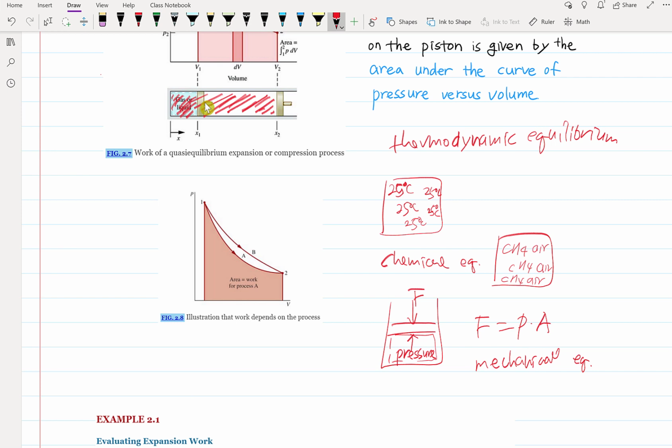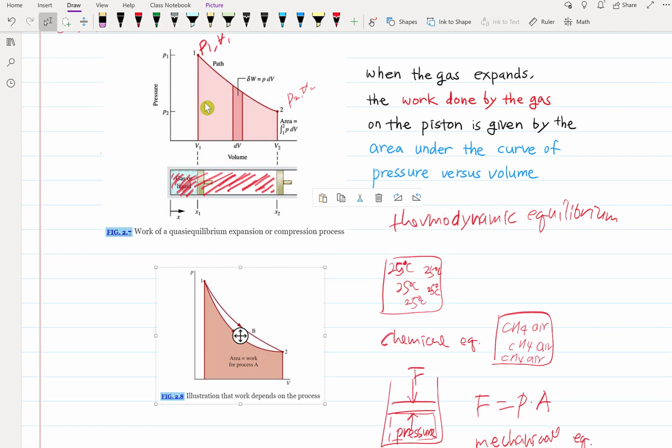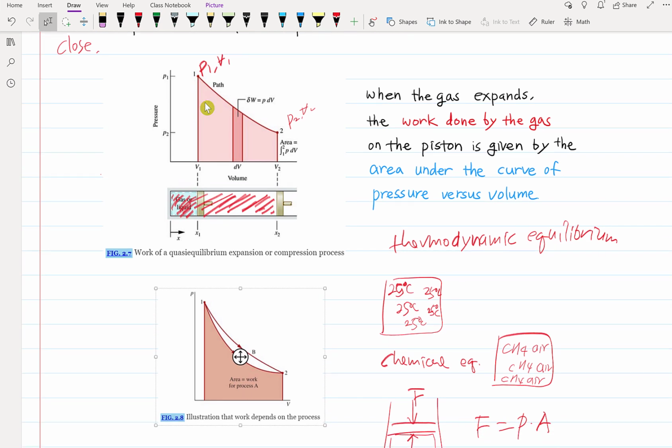So when it refers to thermodynamic equilibrium, it means thermal equilibrium, mechanical equilibrium, and chemical equilibrium. So going back to the PV diagram, a quasi-equilibrium process describes a system that remains close to an equilibrium during a process, and it is an idealized